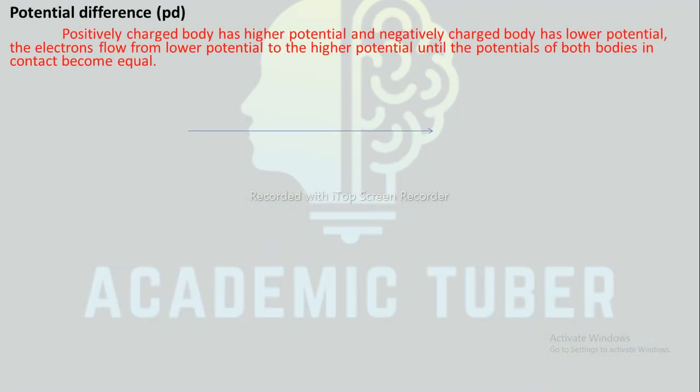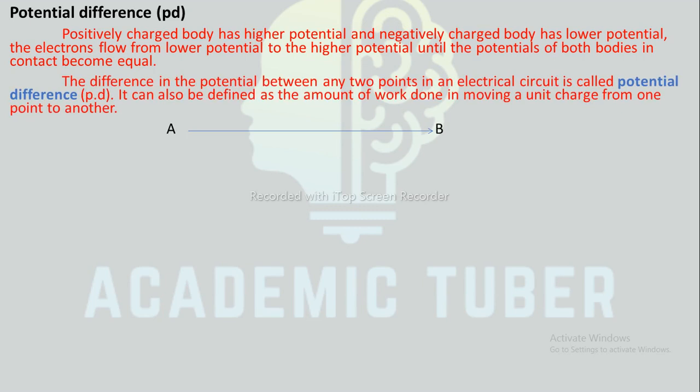Now we are going to discuss potential difference. The positively charged body has higher potential and the negatively charged body has lower potential. Electrons flow from lower potential to higher potential until the potential of both bodies in contact becomes equal. The difference in potential between any 2 points in an electric circuit is called potential difference, which is denoted by PD, and it can also be defined as the amount of work done in moving a unit positive charge from one